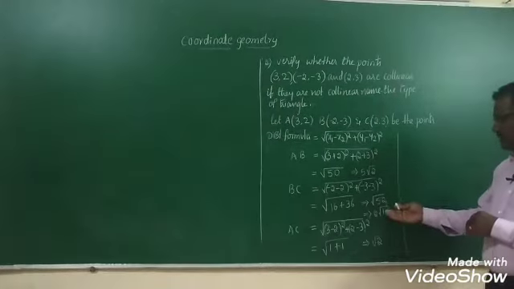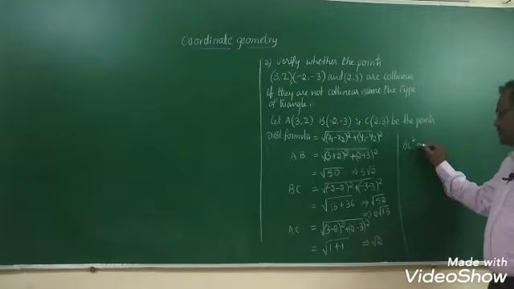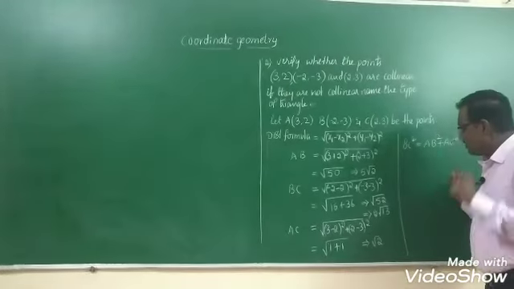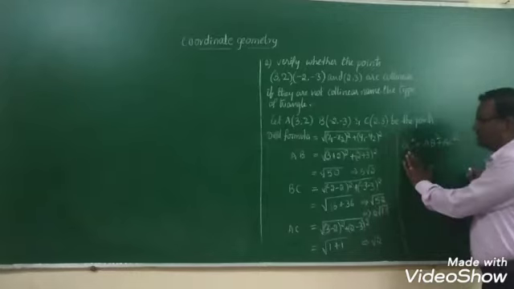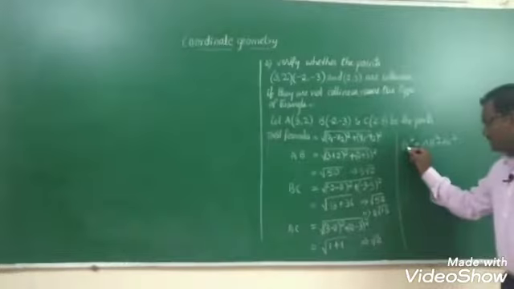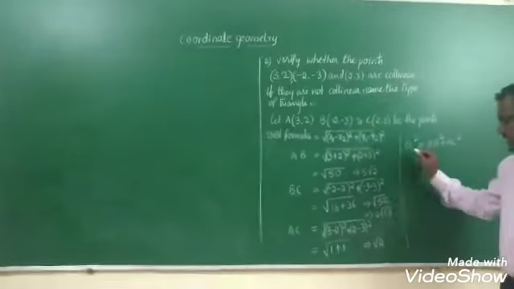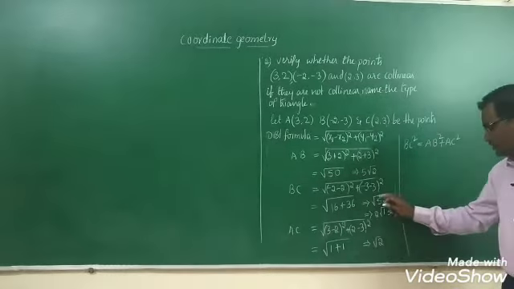Now, which has maximum length? BC. We can write it alone: BC square is equal to AB square plus AC square. Once again, we have to remind which one has maximum length; that you can write alone and square it. So that becomes the hypotenuse, if it satisfies. BC is root 52. Don't take the simplified answer. Root 52 whole square, because of BC square.